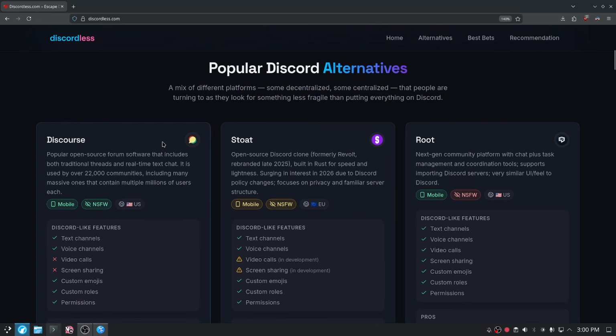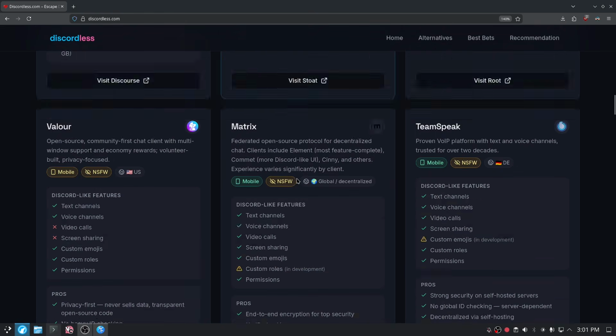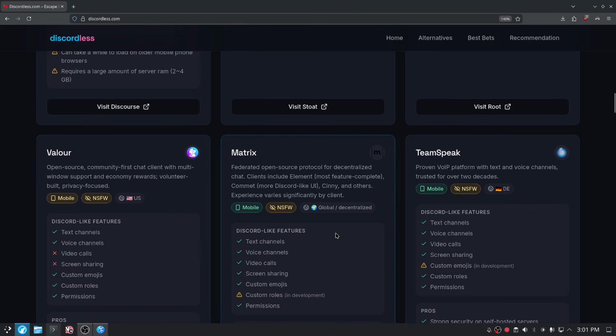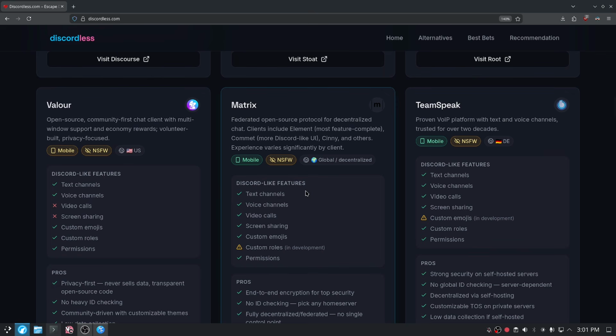In conclusion, unfortunately, my takeaway is the only real two options right now are Stoat, which, yeah, not looking good, and Matrix is really only the other viable alternative that's feature-ready in my opinion. It's a little bit sluggish compared to Discord if you're using the main centralized server. If you host your own server, it'll probably be a little bit better. That said, I know I didn't elaborate much on it. Give it a try, and I'll just be keeping an eye out for alternatives